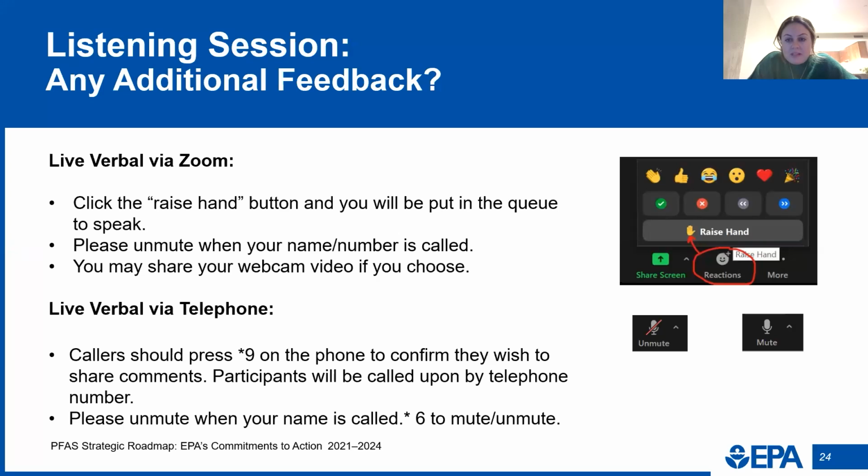Yeah, definitely. Any proposed rule that EPA makes is going to be on the Federal Register. That is a website. You can just Google Federal Register and go on there. You can search on the Federal Register for any rulemakings related to PFAS. And also on the website where you registered for this listening session, there's a link to a PFAS website that EPA maintains, and we post about rulemakings there. Those rulemakings will have a link to the Federal Register notice. Anytime any federal agency does any action, we post that on the Federal Register for folks to make official comments related to each individual action that is happening.